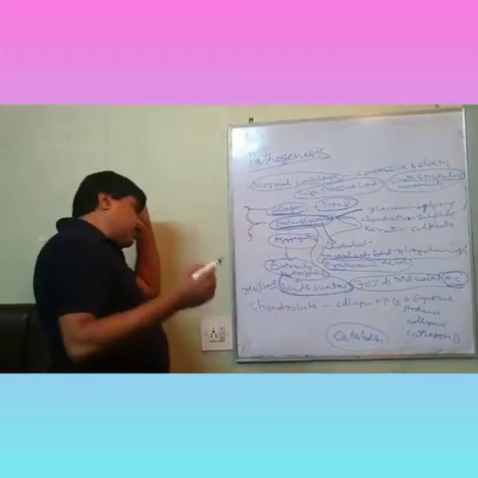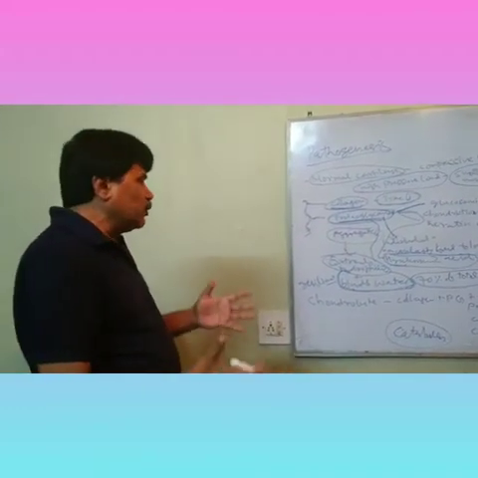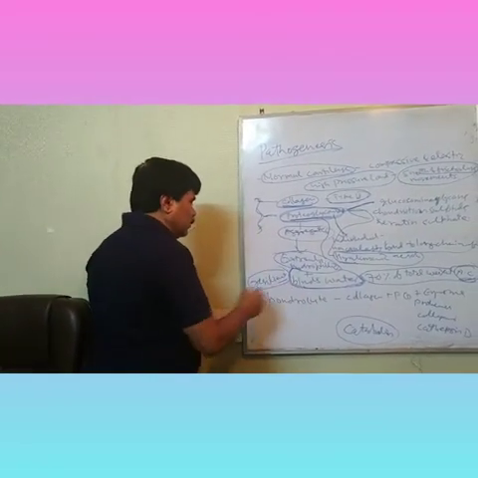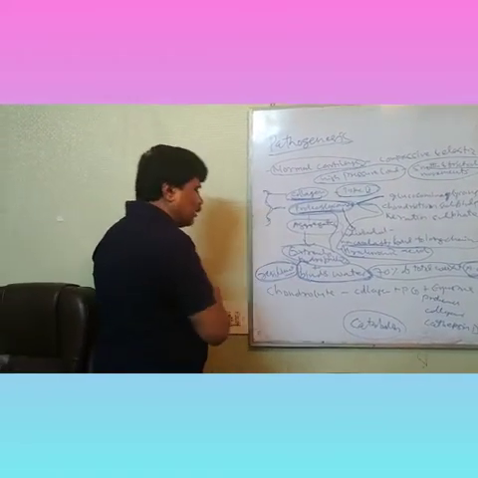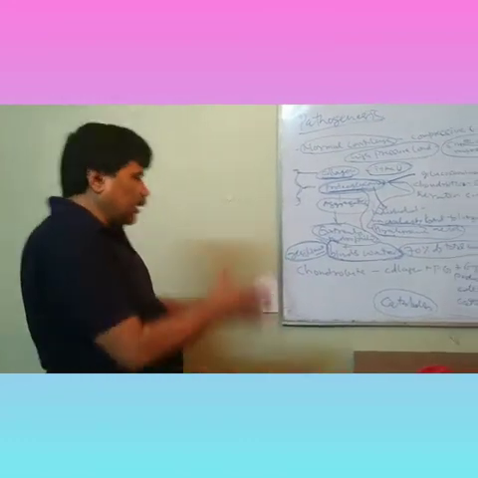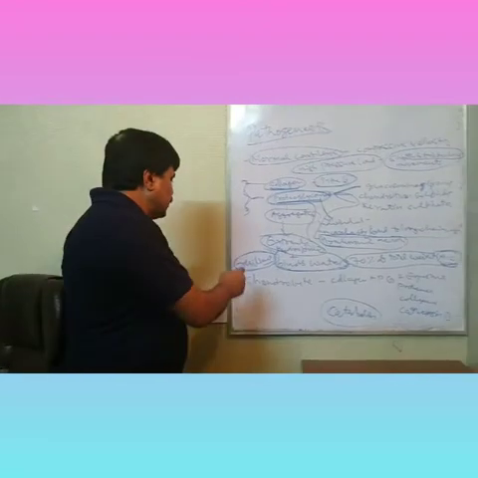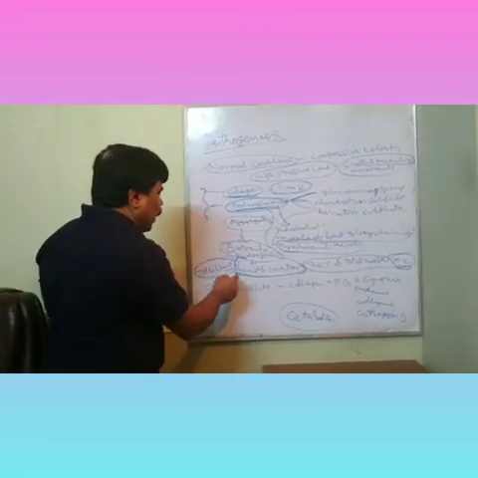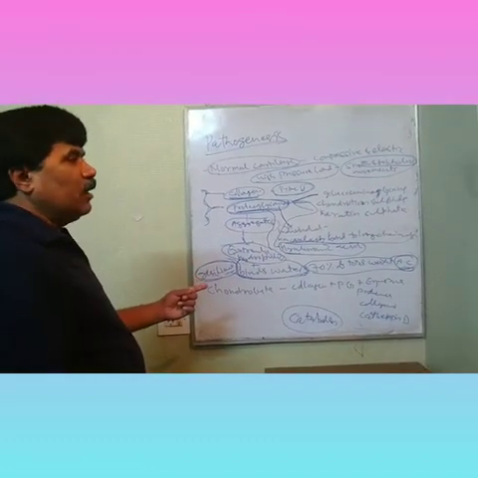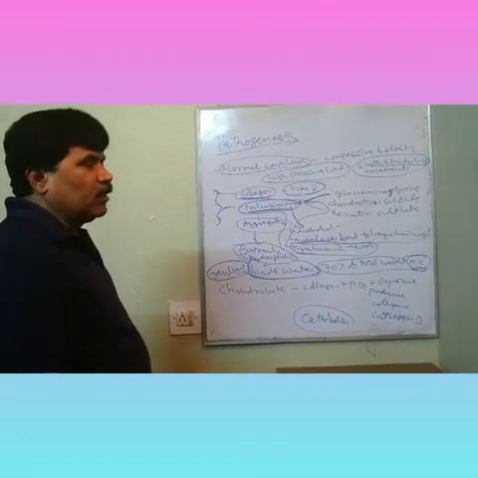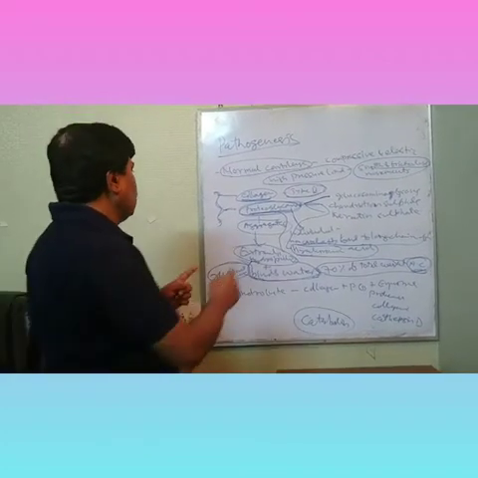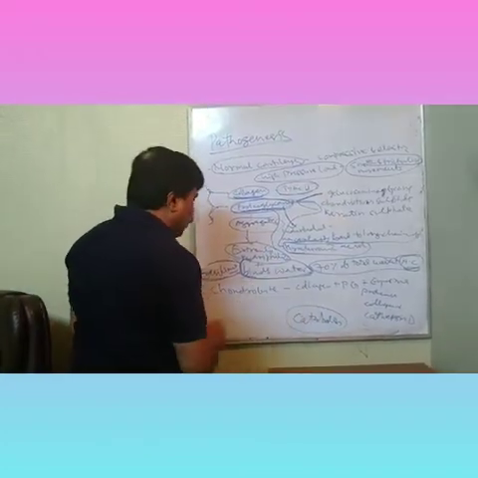Because of this water content, cartilage is resilient and elastic. When pressure comes down, it spreads, and again comes back. So resiliency is due to high water content. If water content is less, it becomes hard, resiliency is lost, and there is damage and destruction of the cartilage. So these things are very important.